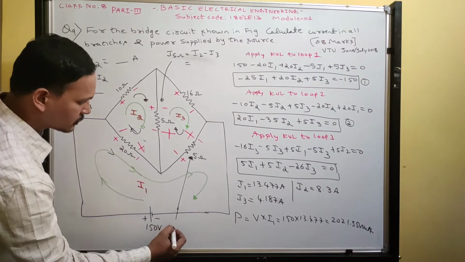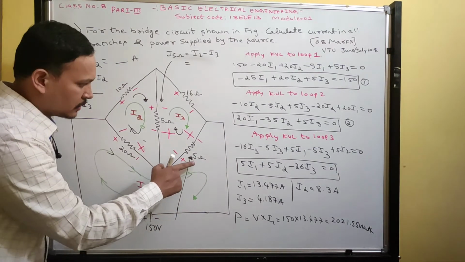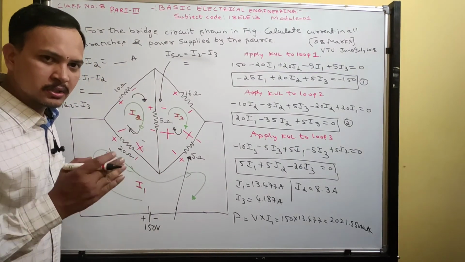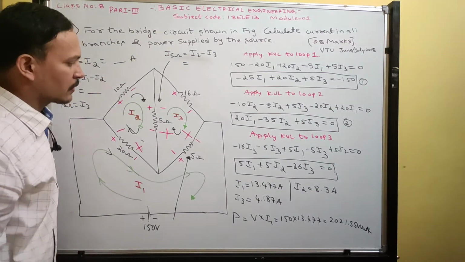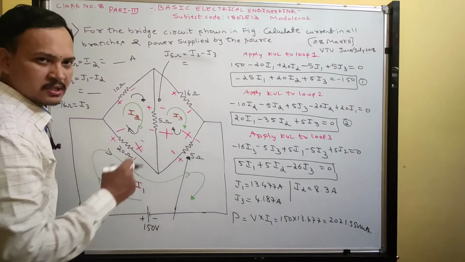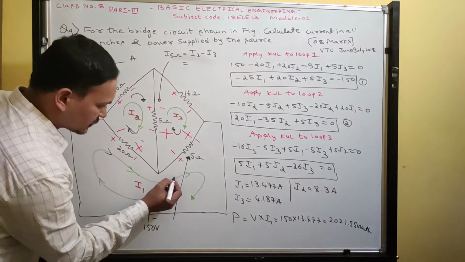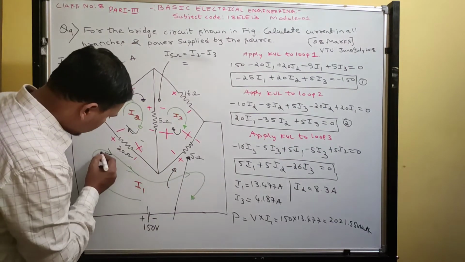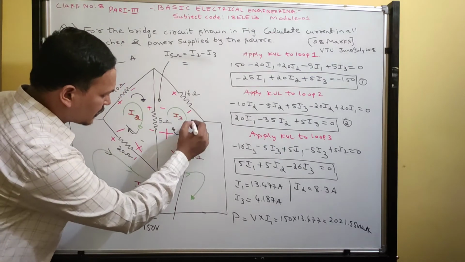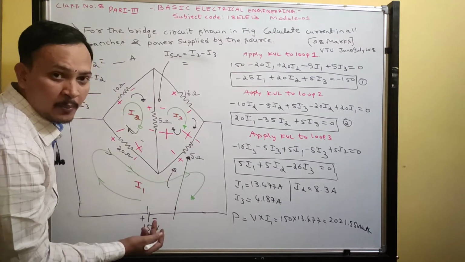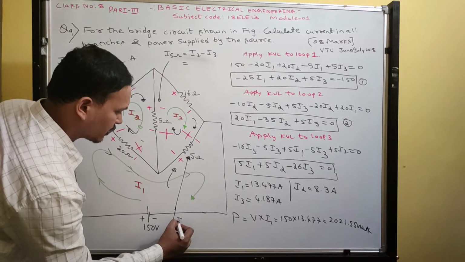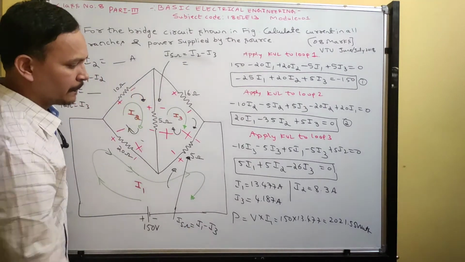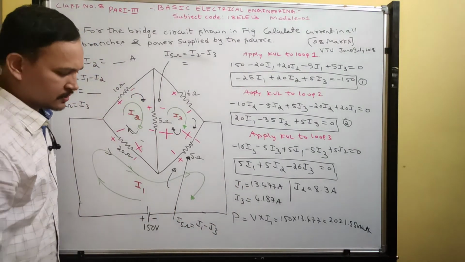Then finally, the current in this 5 ohm resistance. This resistor lies between loop 1 and 3. What is the order? 1, 2, 3. 2 is missing. The I2 current does not have any effect on this resistor. So I1, see this current direction. Always first minus second, first loop. This current is flowing like this, and this current is coming like this. See, both are facing opposite. Therefore, the current in this 5 ohm resistance will be I1 minus I3. Enter the values. You will get the answer.